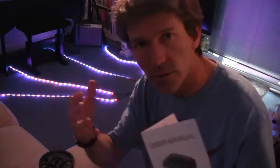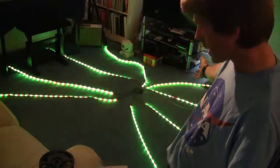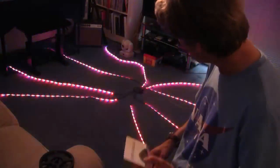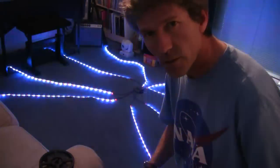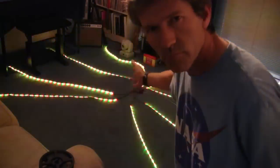with the dip switches. So before you even plug in any sort of DMX controller, you can check if everything's working okay. There you go. Looks to me like it's working okay. So now what I've got to do is attach a DMX controller and see what you can do with this